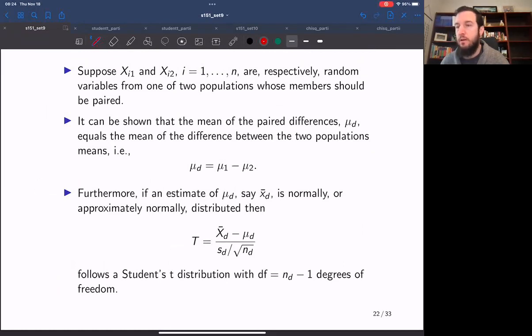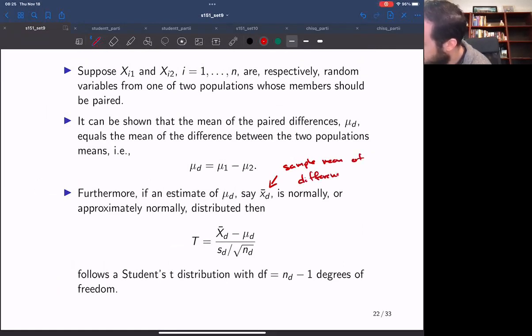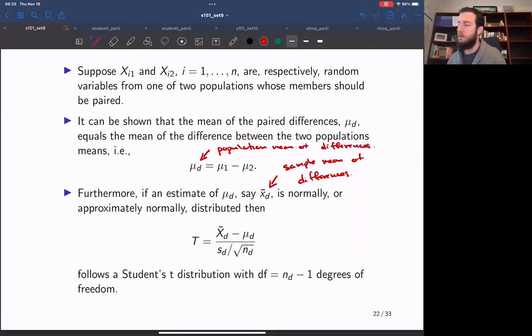If we let little x bar d, which is the sample mean of the differences, be an estimate for mu d, which is the population mean of the differences, then we can show that the test statistic, or when we standardize X bar D, is a T distribution with degrees of freedom equal to ND minus 1. So basically, anytime we see a subscript D,